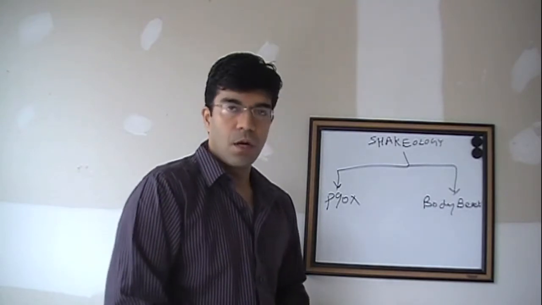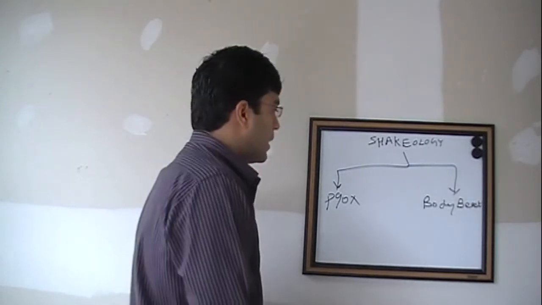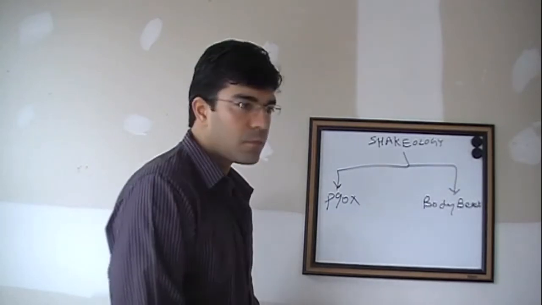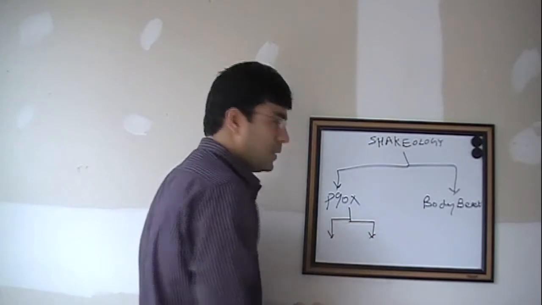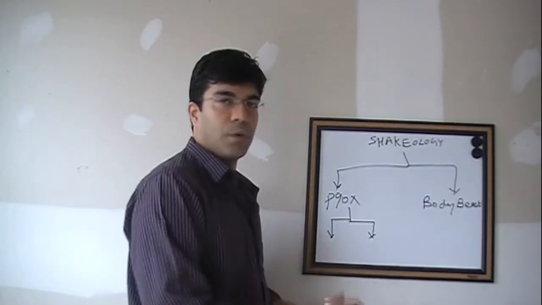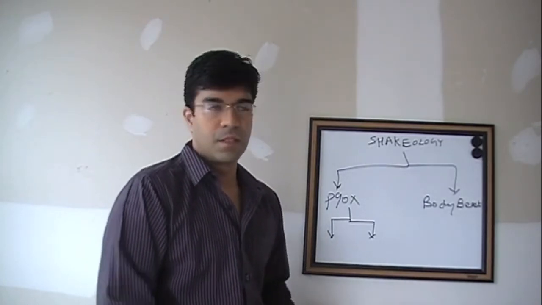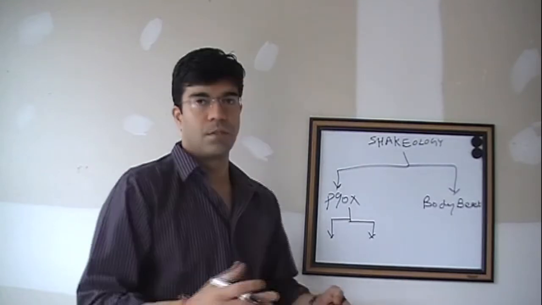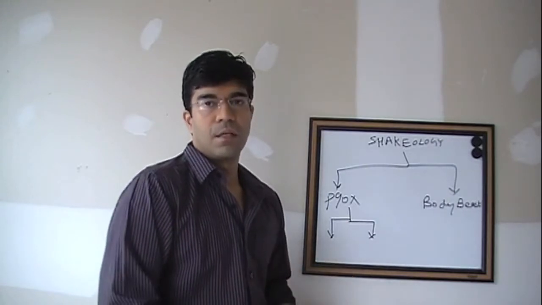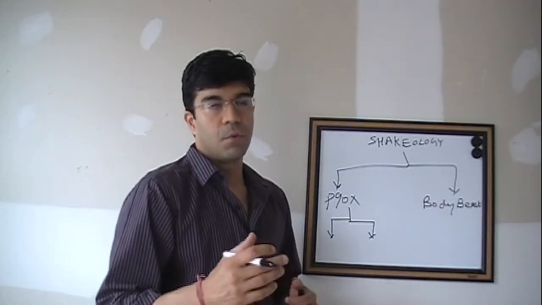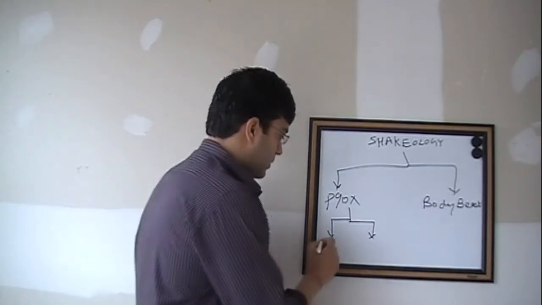The question is, what about carbohydrates? How do you account for carbs? And the answer to that is you have to look at the source. Now there are two ways you can divide P90X into. One, you could simply replace it with the protein bars. Just take a scoop of Shakeology, mix it with milk, or half a cup of milk, and you're good to go. You're about 220 calories, which is close to the P90X nutrition bar or the P90X protein bars. Now that could be replaced by a snack,